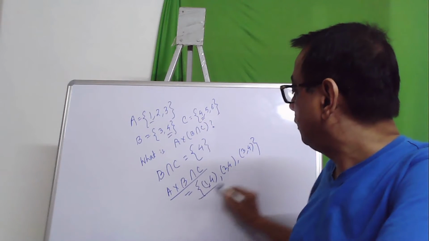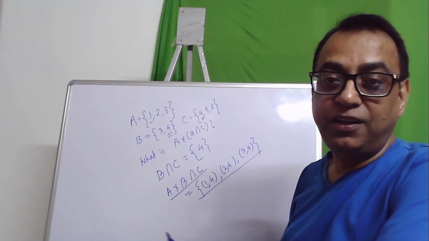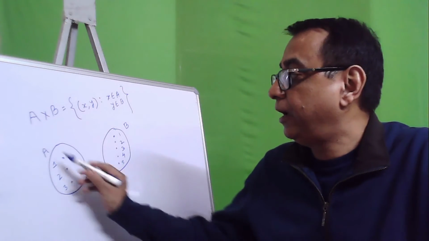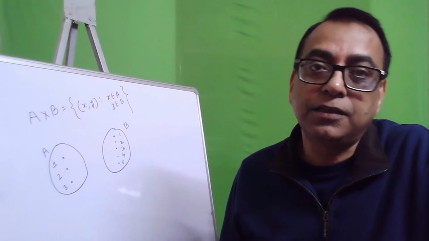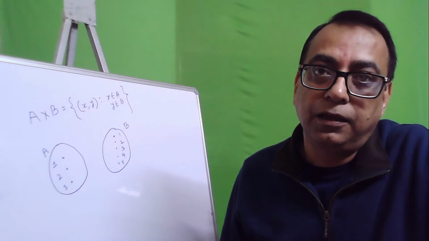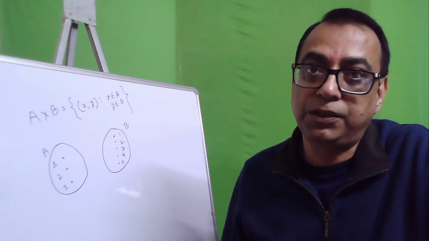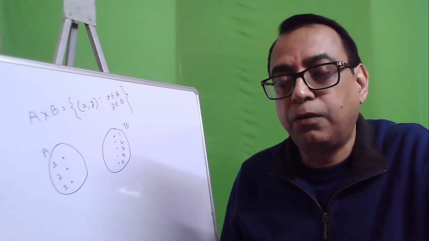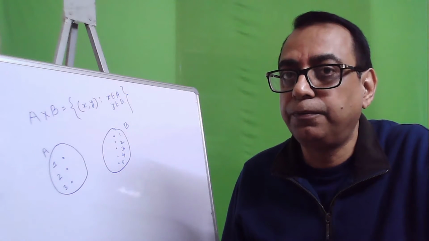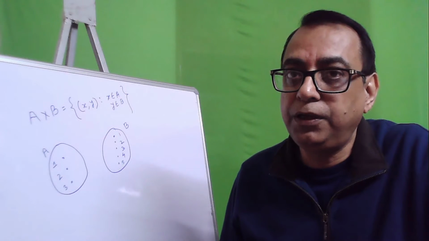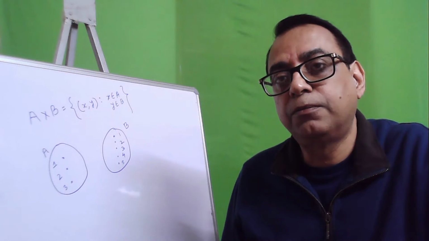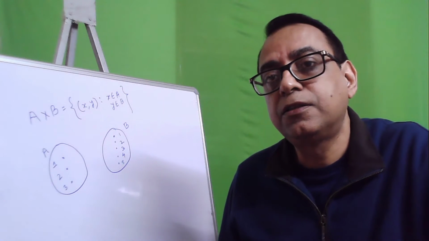So this is the answer. I think it's quite easy, right? So let us have two sets, set A and set B. Let's say set A consists of three elements from natural numbers, and those three elements are number 1, 2 and 3. And let's say set B consists of 5 elements again from natural numbers, and let's say it is 1,